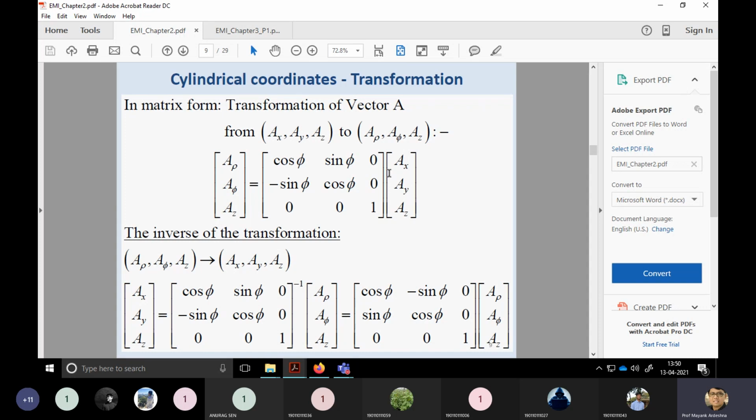Suppose the same question is asked, evaluate the vector at some point. Everything is similar: you have to convert this vector from Cartesian to circular cylindrical, but you have to evaluate it at some particular point. Whenever there is the term evaluation, you have to find the value of rho, phi, z according to the point given to you. Then you put the values of rho, phi, z into the multiplication and simplify it. This is called the evaluation, and the other is called the expression.